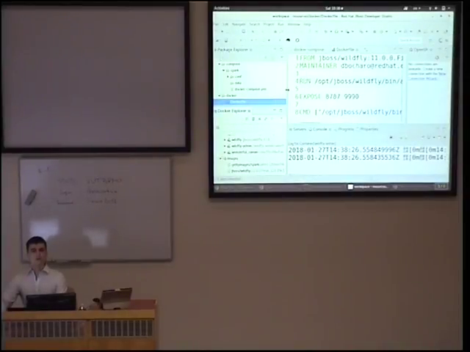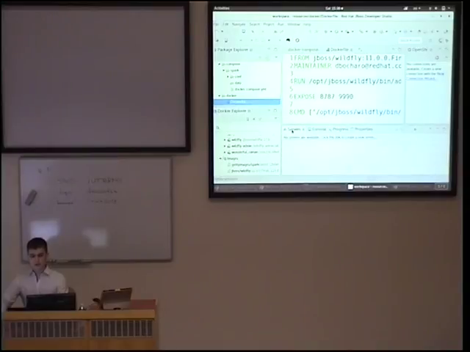Now we want to deploy an application to this running WildFly. In order to do this, we need to create a server adapter. A server adapter is a layer above the server which is running, and it allows us to control this server, deploy applications there, and other different options. So let's create